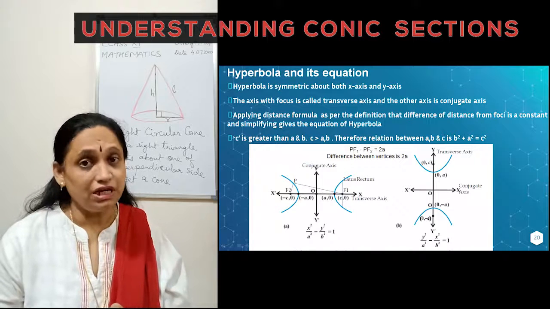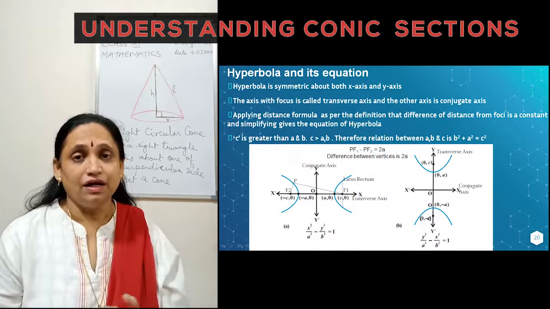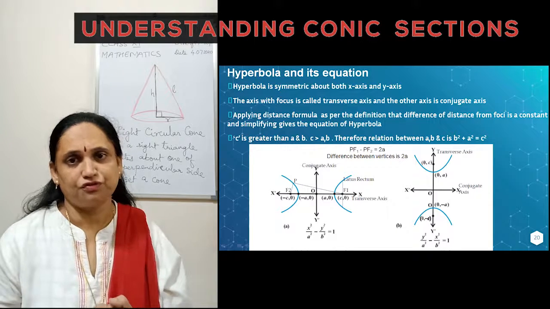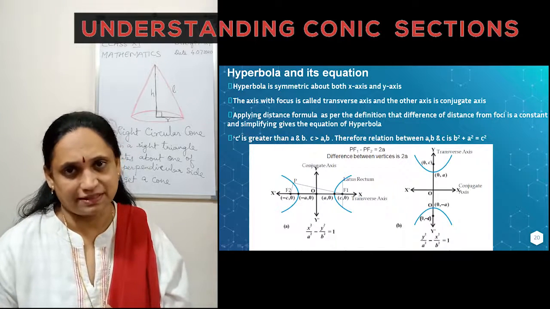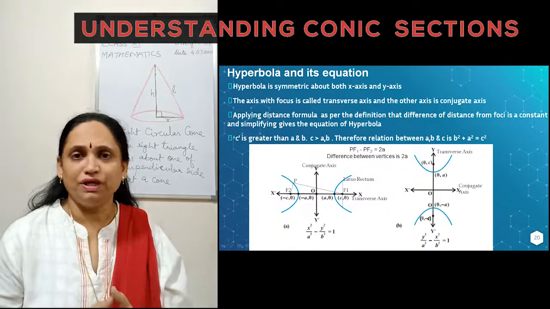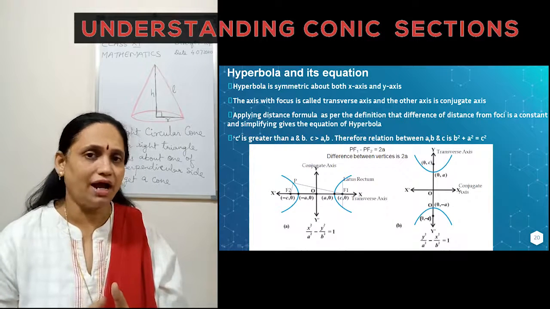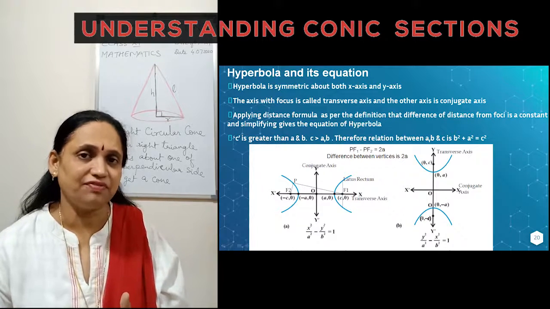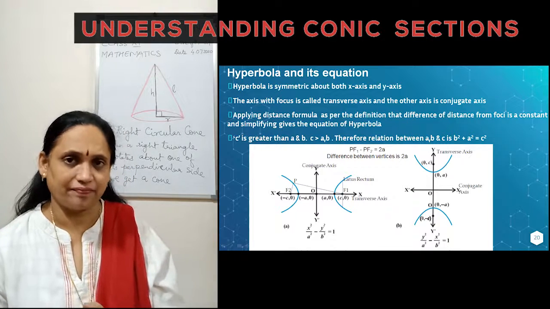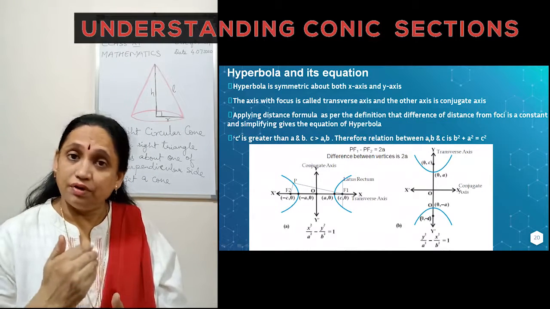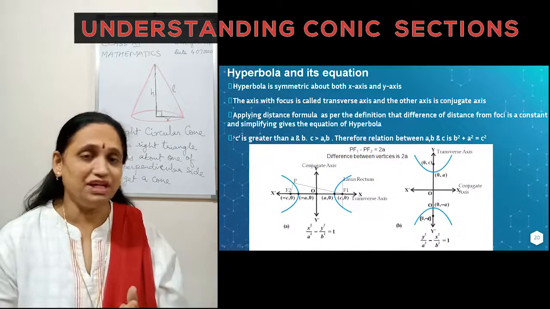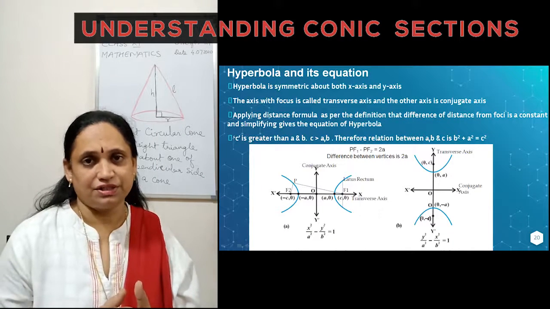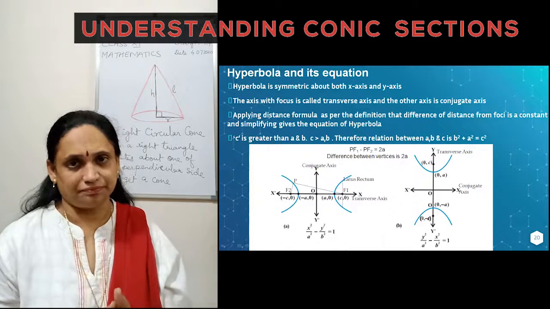Now we have these three numbers playing their role here. Similarly to the ellipse, the vertex is the point of intersection of the hyperbola and the transverse axis. The foci would be the same as in the ellipse, (c, 0) and (minus c, 0). The vertices are (a, 0) and (minus a, 0). This is the case when our transverse axis is on the x-axis. The figure does not meet the other axis, but the highest value taken by the y coordinate is called the number b.